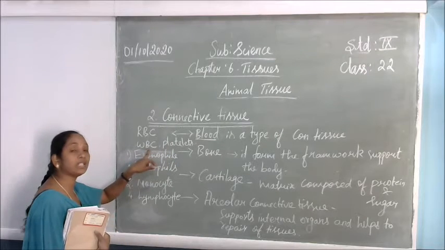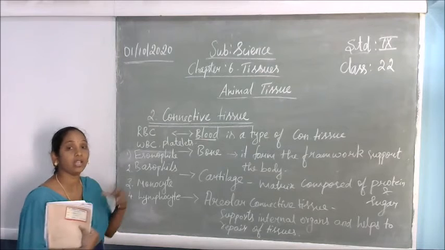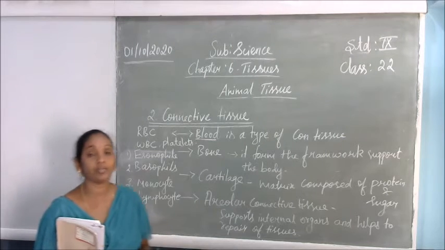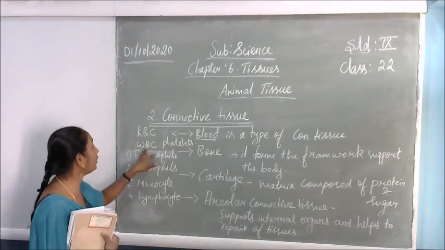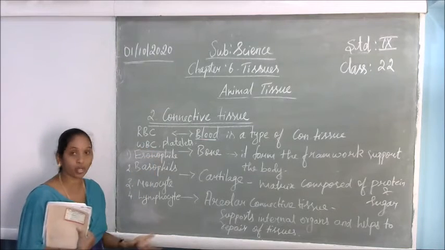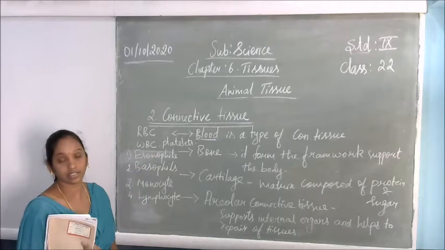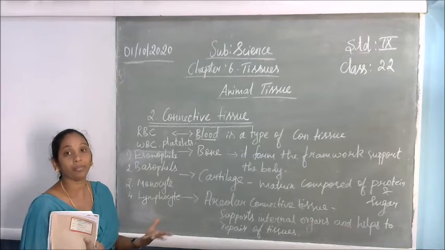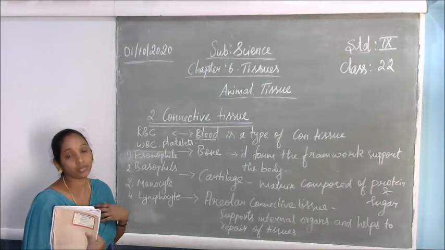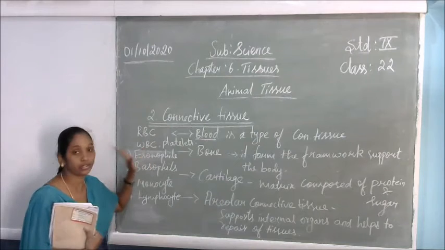Next, WBC, white blood cells, are a defense mechanism. They do the defense work in our body. That means whatever foreign bodies enter our body, they will be prevented, and the body will be protected from disease. Okay, and moreover it gives immunity power to our body. So whatever disease enters our body, first the WBCs will fight against the organism, the foreign bodies. Then it gives strength to our body to be able to fight against them. So that much of a defense mechanism the WBCs do.